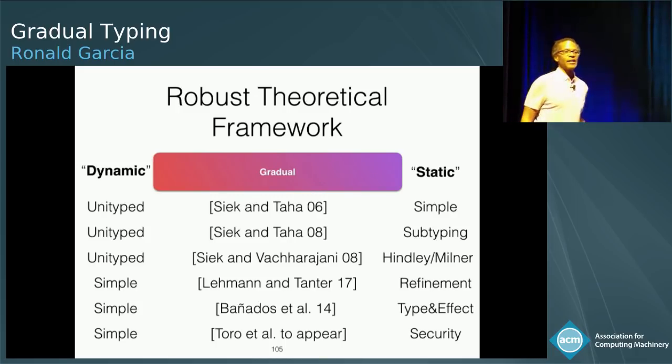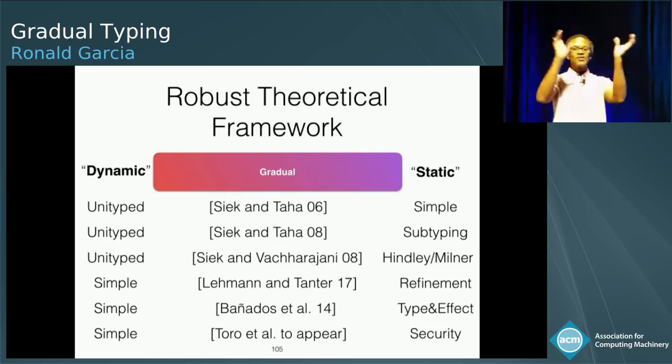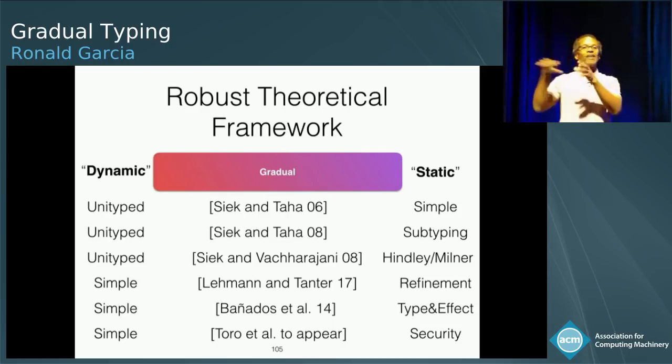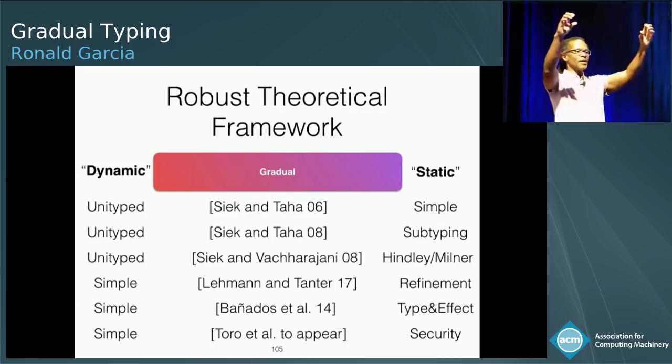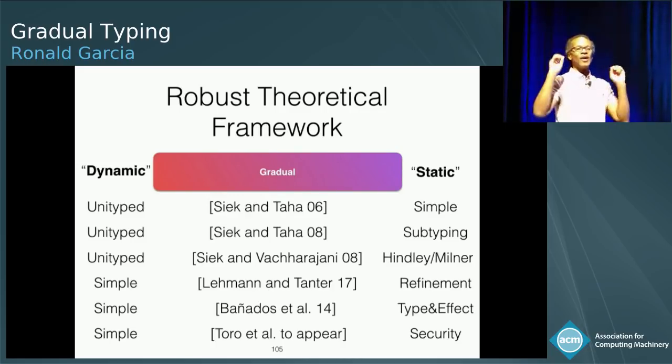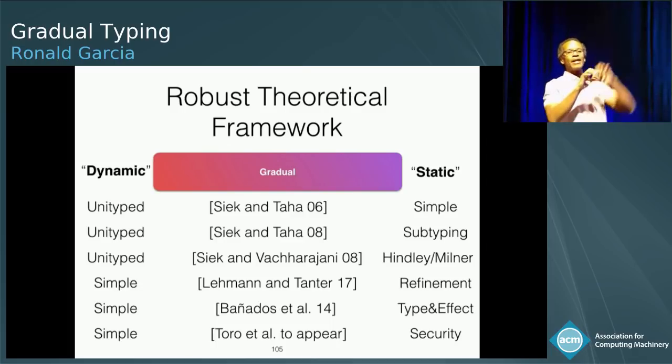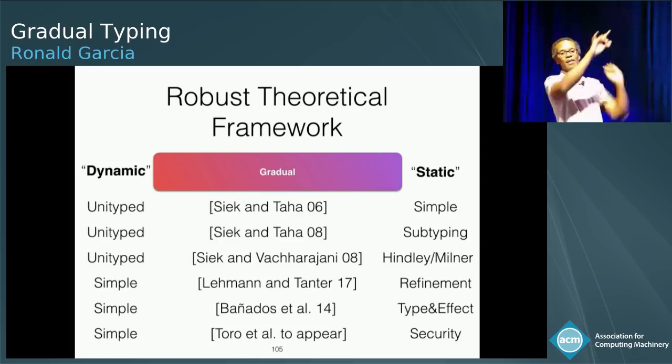And then recently, Matthias Toro, who's a student of Eric's, and then Eric and myself worked on a paper that's going to appear soon about going from a simple system to information flow security typing, which is about making sure that certain kinds of values don't leak out of certain kinds of parts of a program. But in this particular case, the notion of type soundness really allows us to think about program fragments, where I can have a piece of code and I can have a security type on it, and I can know absolutely nothing about how the body's implemented, and I can know absolutely nothing about the context, but I know something,